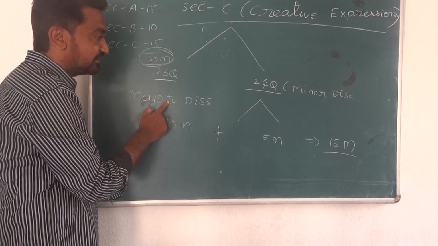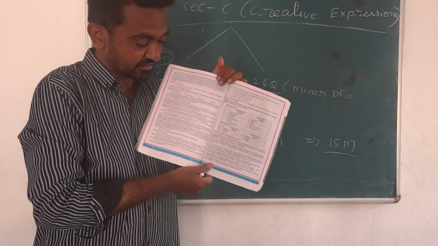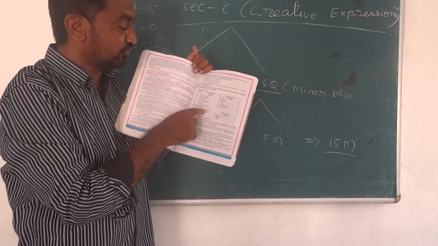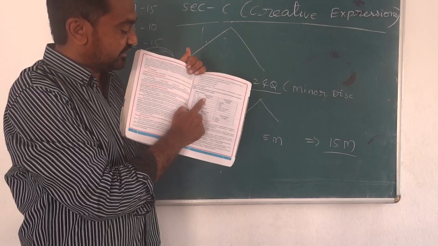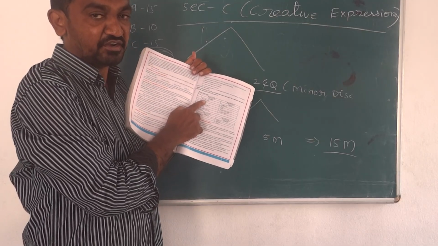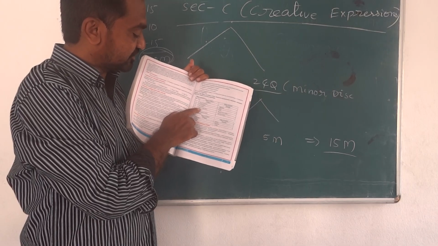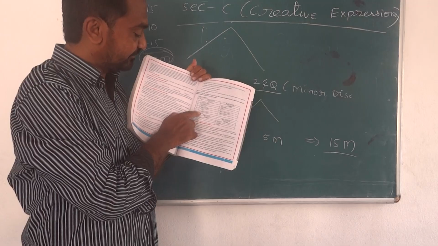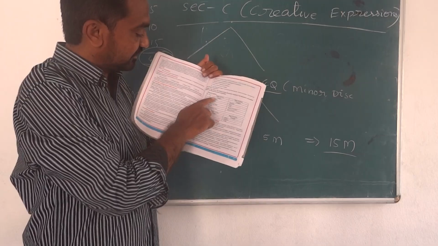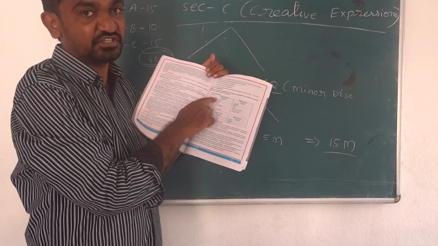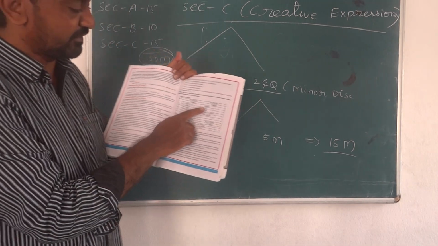Okay, then what are the major and minor discourses? Once you open page number 259 in the textbook, there you notice two tables, paper 1 and paper 2. Here: story or narrative, conversation, description, drama script or play, interview and choreography script. These are all the major discourses of paper 1. Then the paper 2 major discourses.